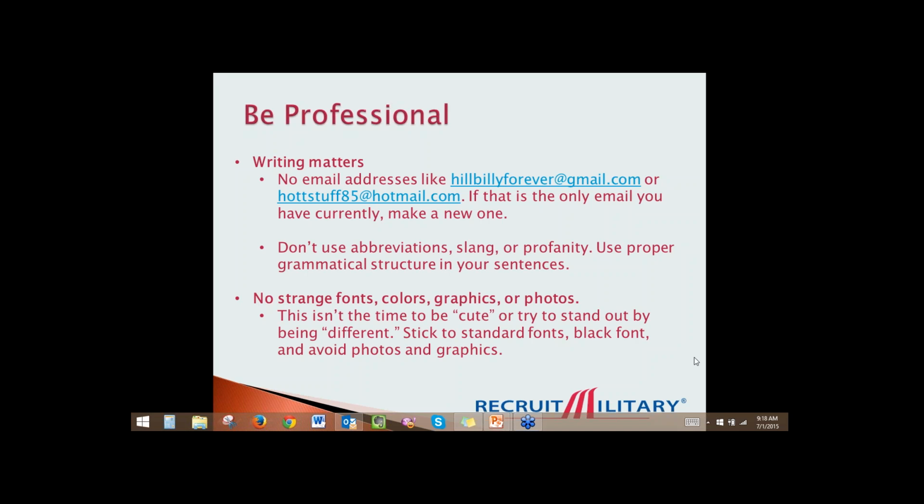And really do not use slang of the military sort, especially, because most people won't understand that. And really, profanity should just go without saying. It just has no place in a job search at all. So if you're someone who likes to use colorful language, find ways to tone that down in every way